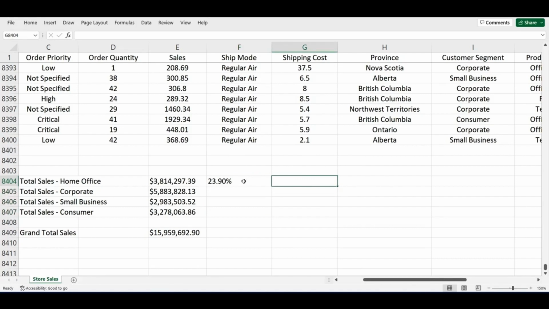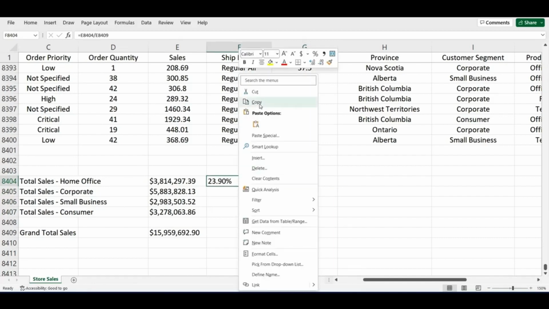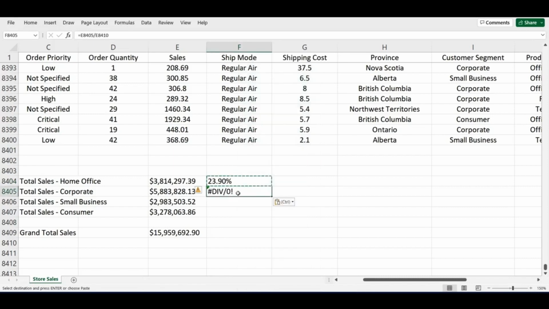Next, I'll do the same thing for total sales corporate. For that, instead of retyping the formula, I can copy the formula. So I right click, copy, and then I paste the formula. However, you'll notice when I paste the formula, there's an error there. Why is that error? Let's examine the formula. When I paste the formula, the numerator appropriately is cell E8405, which is the total sales of the corporate customer segment. But you will see that the denominator has now incremented beyond cell E8409. I want it to be cell